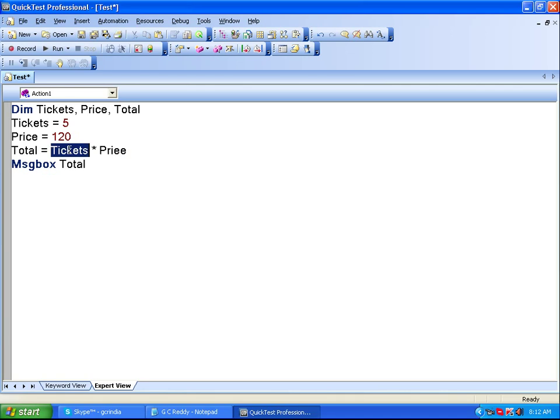Here in the calculation, tickets means something into price 0. By default, variable value is 0. It is a new variable. We didn't assign any value. PRIE value is 0. Something into 0, 0. That's why it is showing incorrect output. Getting this problem,